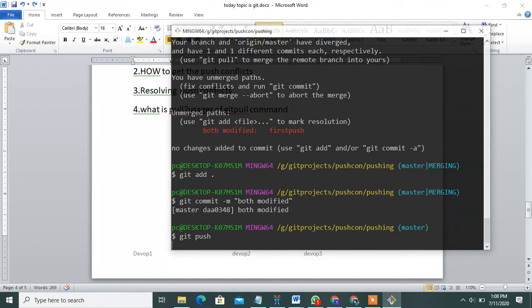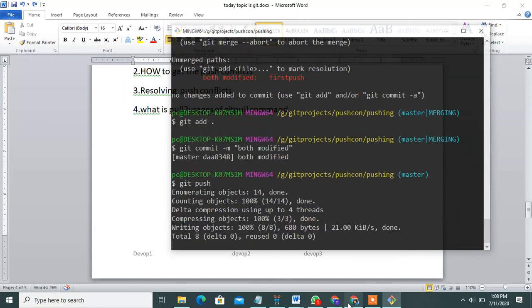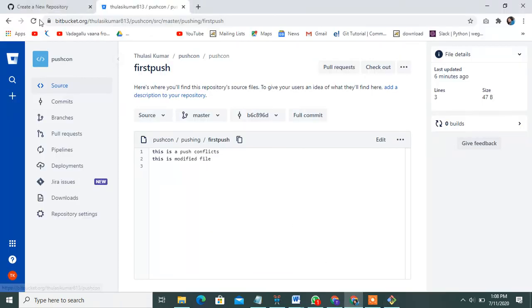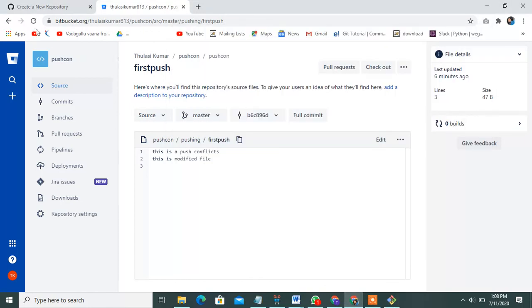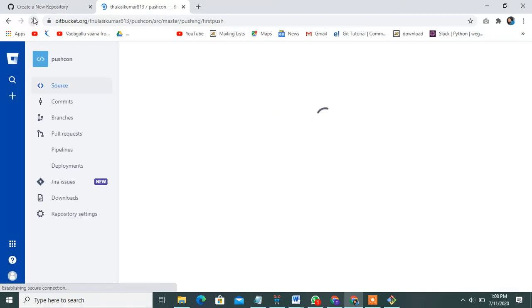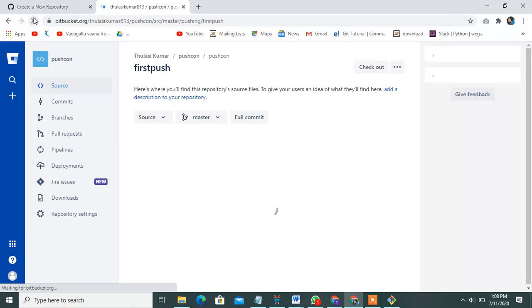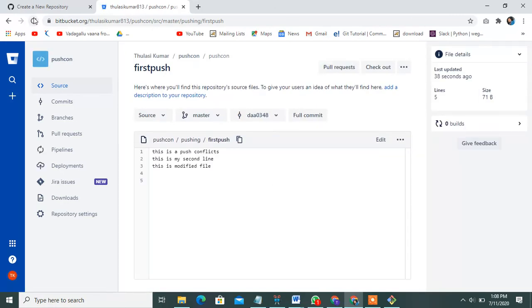The changes are also stored in the central repository. Yes, successfully pushed to the central repository. All the changes are also pushed to the central repository.